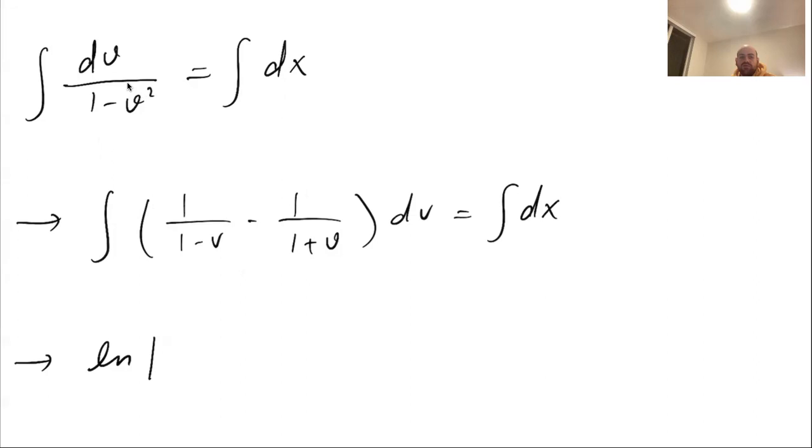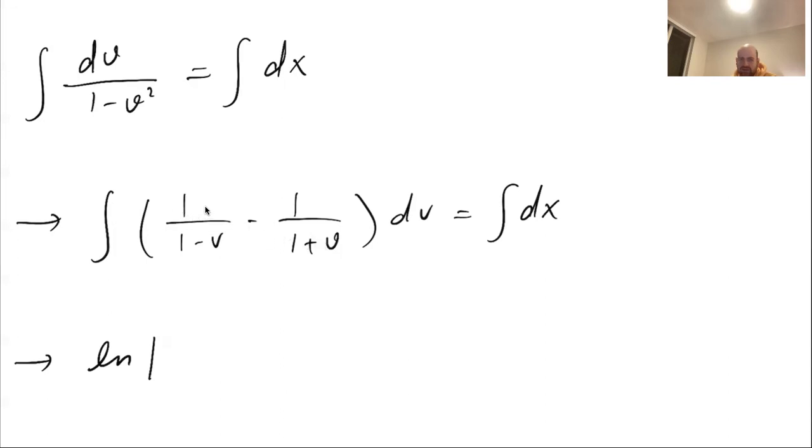We know that from math 114, to integrate a function of this form, we can use partial fractions. 1 minus v squared can be written as 1 minus v times 1 plus v. So I can write this one as a over 1 minus v plus b over 1 plus v, and then we can find a and b. But because it's a very simple case, I just did that by guessing, basically. The first coefficient must be 1 and the second coefficient must be -1, because in that case, when you get